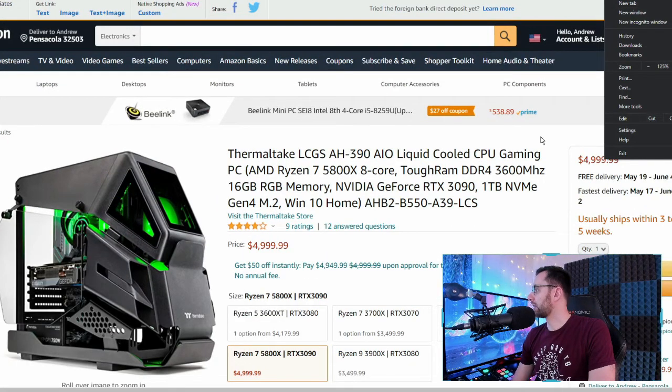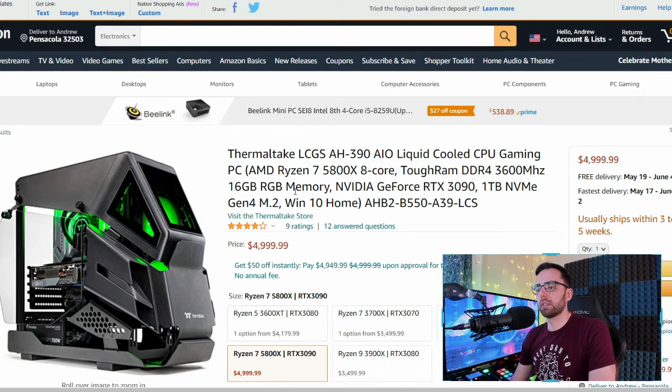You can see this a little bit tighter. Yeah. The one thing I'd say is that I would rather see 32 gigabytes of RAM and a 2 terabyte SSD, but those are things very easy to fix on your own. So another one that I would say is the top tier, great system to buy, unique design, this Thermaltake LCGS